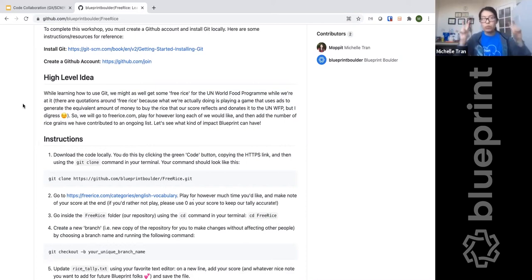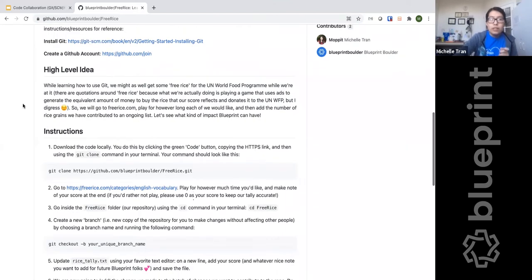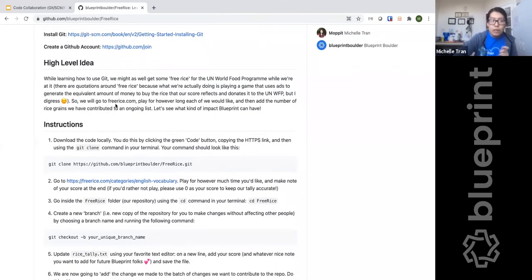I say free rice with quotations because it's actually generating money through ads, and then they send that to the World Food Program. But the essence is that that money will be used to buy rice for folks who need it. So the idea is we're going to go to that website, play the game for however long we want, and then contribute that amount of rice and tally it all up so we can see how much Blueprint has contributed to the free